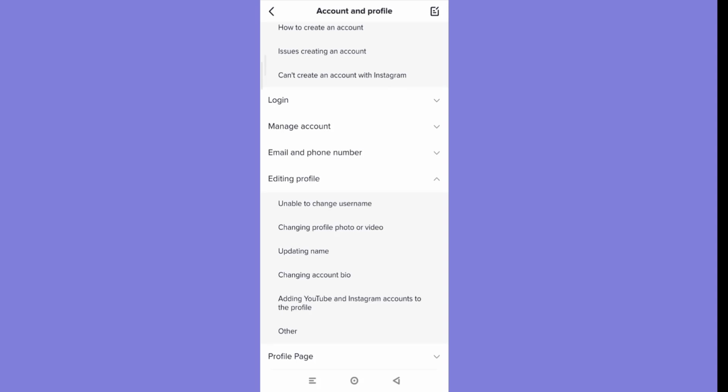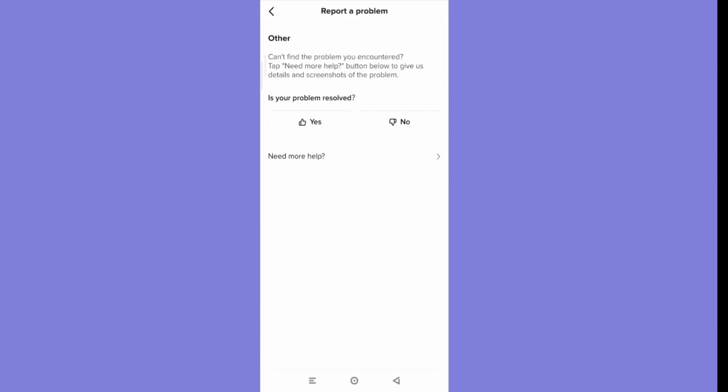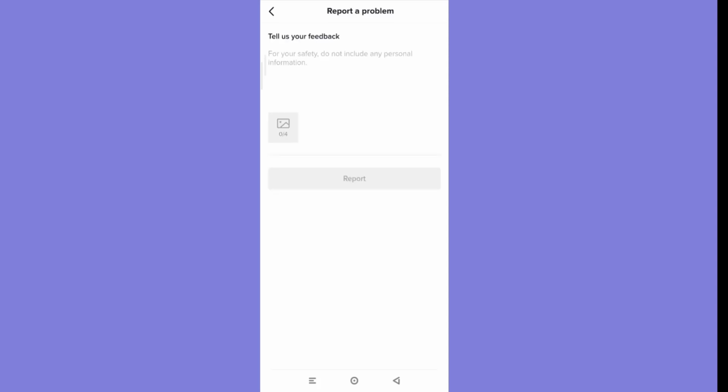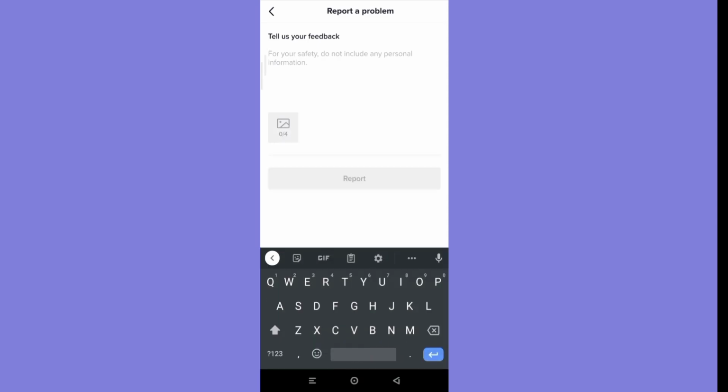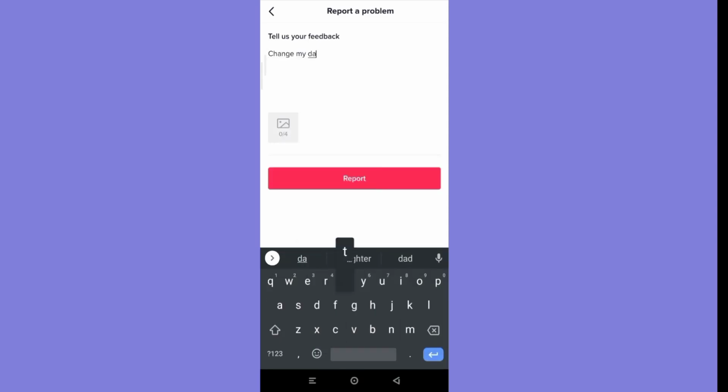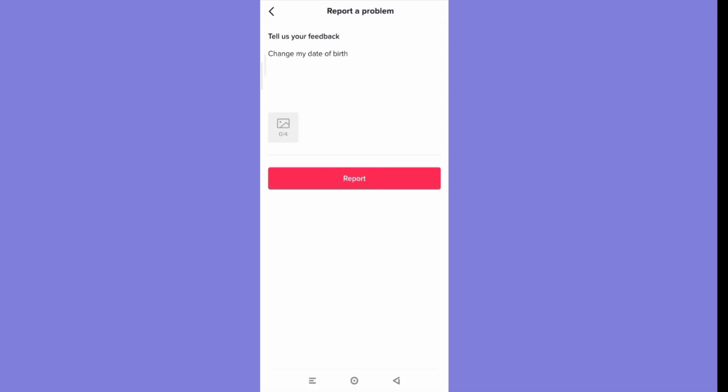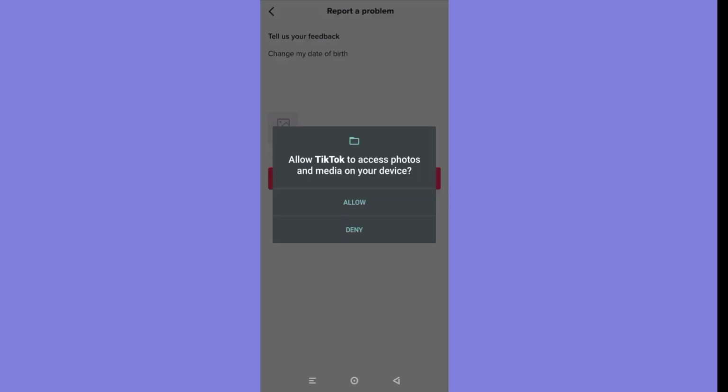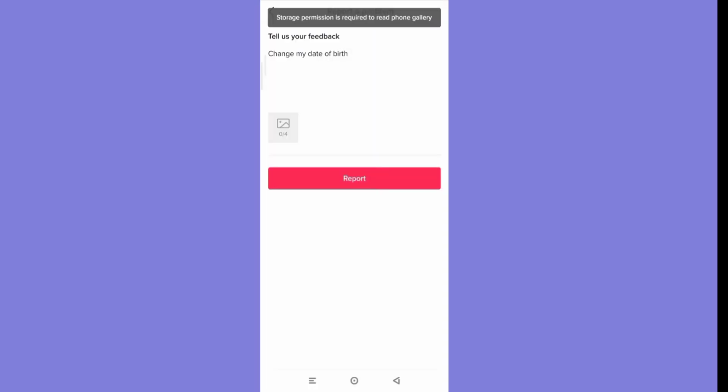On that menu, click on the other option. Now for you to change your birth date on TikTok, you will have to send a report to the TikTok support. After the report a problem page opens up on your screen, click on the need more help option. You will have to fill in the problem which is change my date of birth. Provide your details here which is any sort of identification which includes your date of birth and then click on